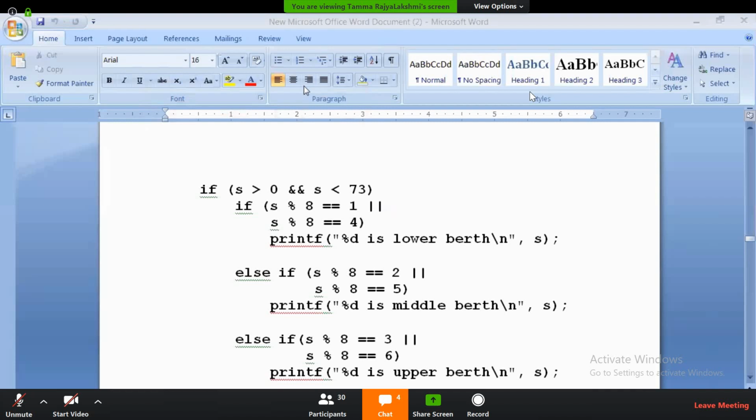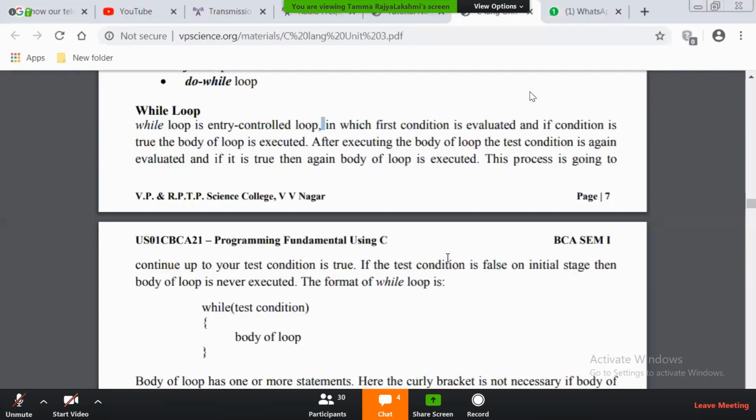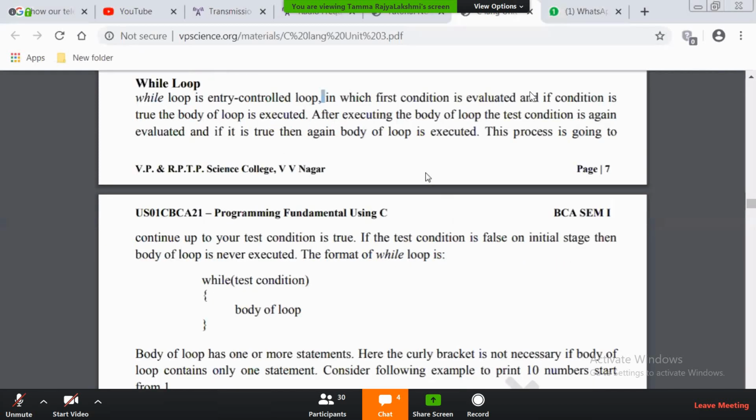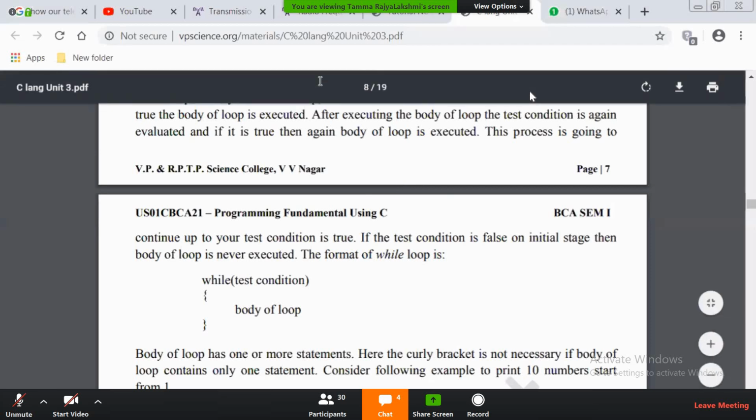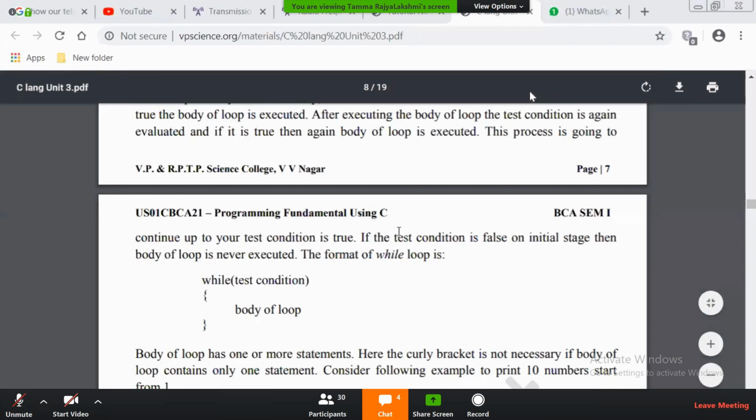So we discussed looping constructs in the last section. In that we saw entry control loops and exit control loops. For entry control, the examples are the while loop and the for loop. For exit control loops, the example is do while. So in the while loop, we just